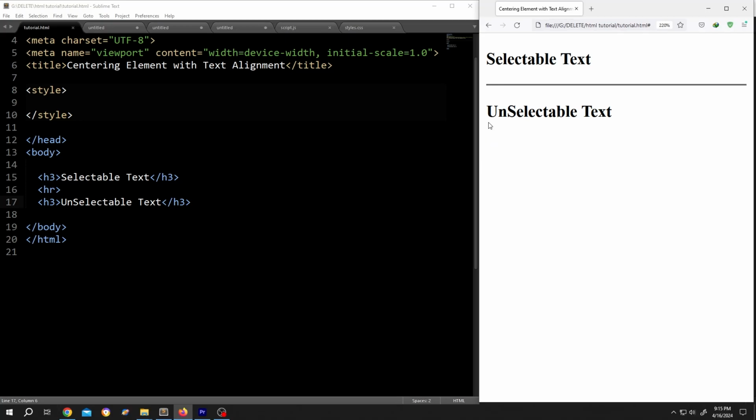So guys, as you can see, one of our text is selectable and another one is not selectable. On the left side we have our basic code and on the right side we have our output. Now if we try again, see, both of them are selectable. Now to disable text selection, go to the first tag of the text you want to disable, give it a